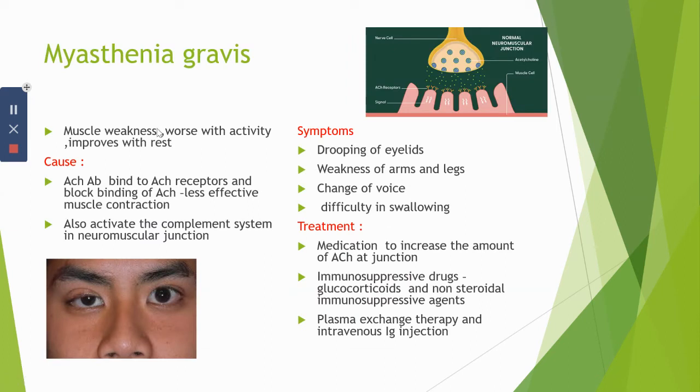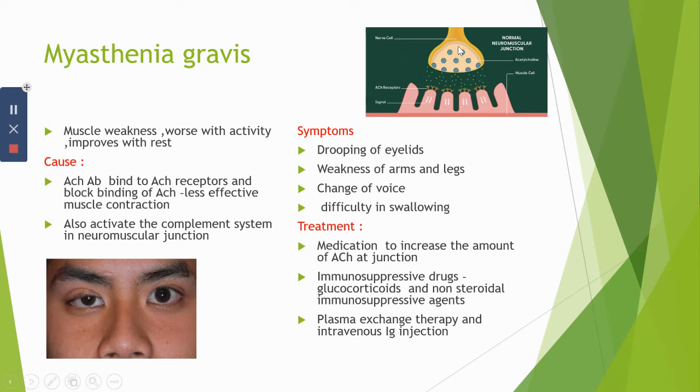Myasthenia gravis. It's an autoimmune condition. It causes muscle weakness that worsens with activity and improves with rest. The cause of the disease is that the motor neurons that normally communicate with the muscle through a junction called the neuromuscular junction. During impulse transmission, the axon of the neuron produces